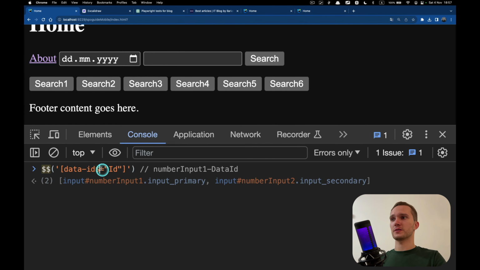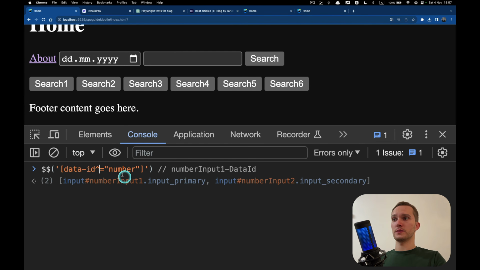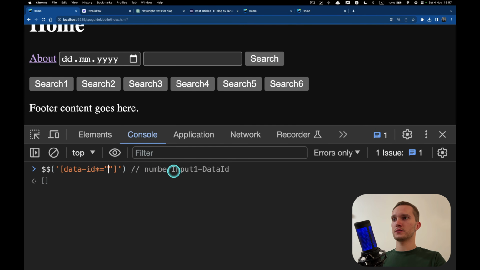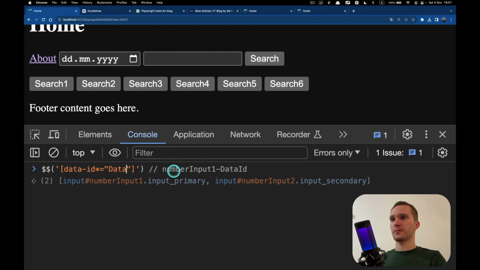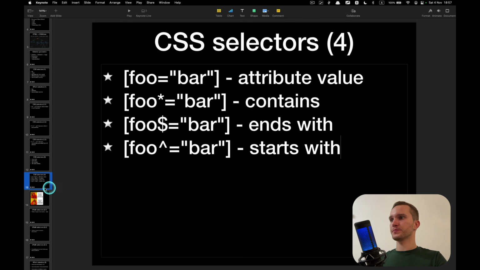So this pattern searches by the end of the string, then number by the beginning of the string, and this asterisk by anything in the middle, or in the beginning, in the end, doesn't matter. And we have to match the case, by the way. Input. Okay, that's enough playing.